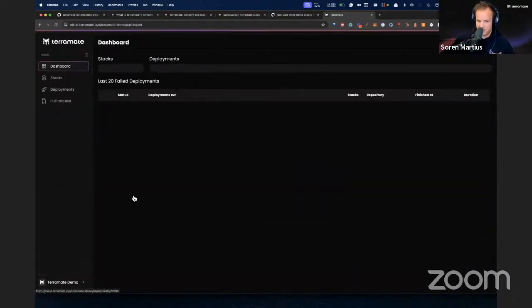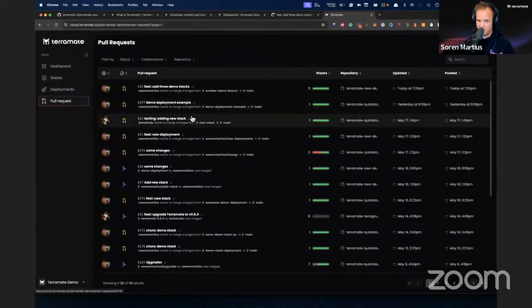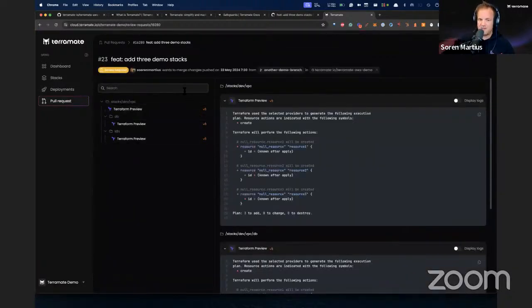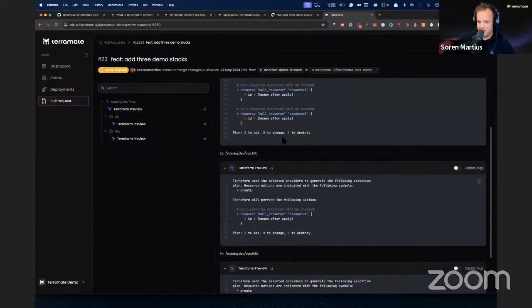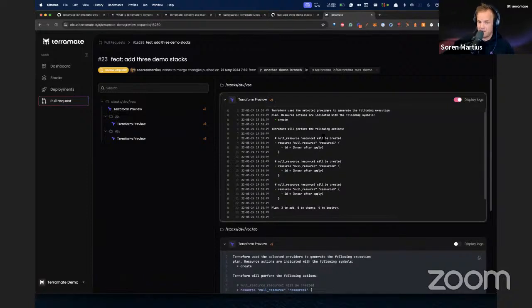And I'm gonna open my demo organization here. And here you can see a new pull request is available in Terramate Cloud. And this pull request basically gives us a representation of all stacks affected inside of a PR, right? The plans as well as the log lines here. And those log lines come from GitHub Actions. So what Terramate actually does is it looks at the plans, it looks at the logs, and it synchronizes those to